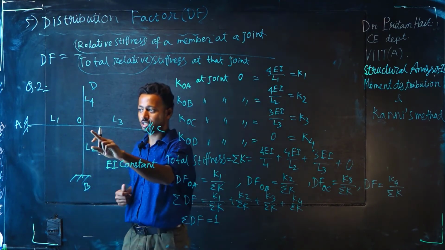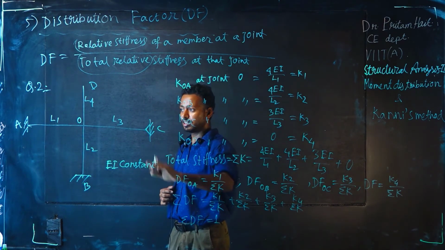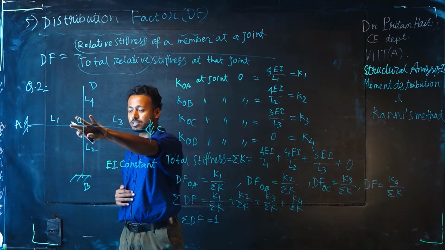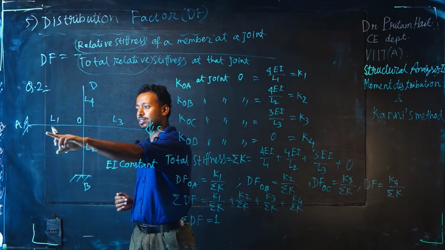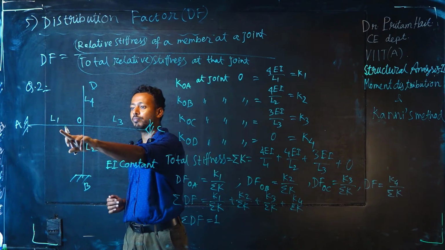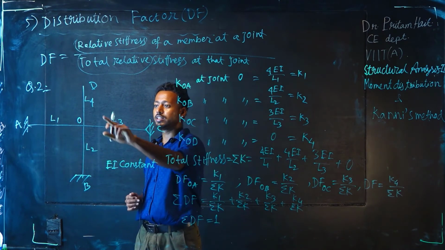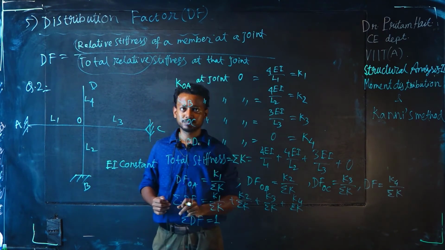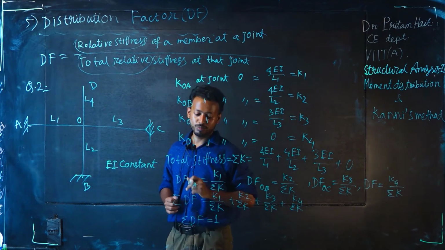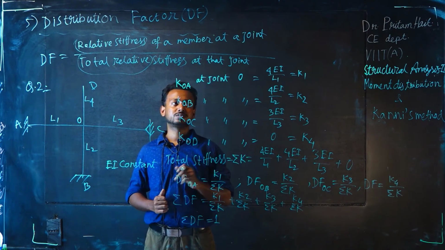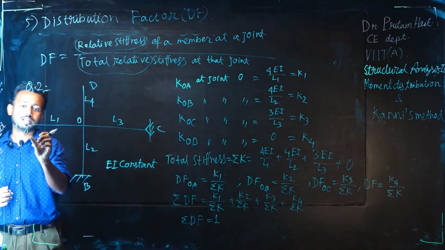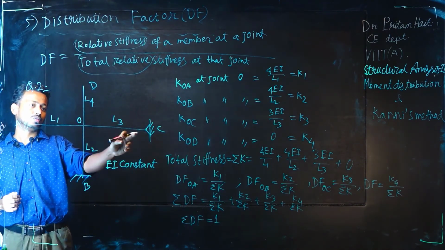Suppose this is an intersection. This is a beam intersection. If I see it like this on the horizontal plane, it is set like that. So this is fixed support, this is fixed, this is hinge and this is free. And the lengths of the beams are L1, L2, L3, L4. This is intersection O. Now I will find out the distribution factor of each member. So let's first find out the stiffness of each individual member, like AO, BO, OC, OD.